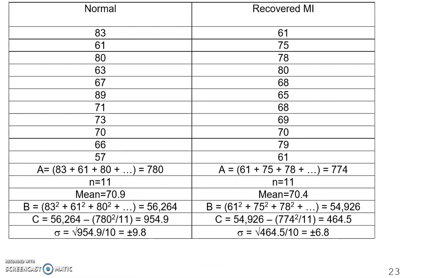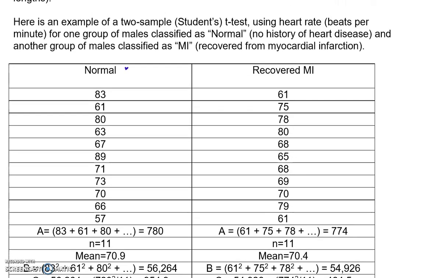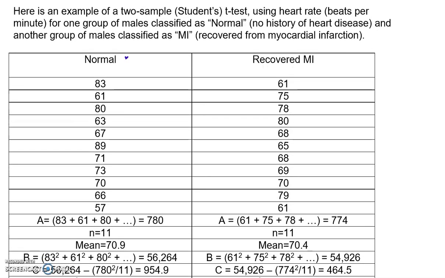So here you have a control group. These are people just exercising, and then you have here the increase in heart rate. So there are heart rates for 2 groups of males. One with normal, that will be no history of heart disease, and then you have males that have recovered from myocardial infarction. So that means they had a heart attack. So this is your experimental group, and you want to see if there is a significant difference in the heart rate of these individuals. Your N is 11, so it means you have 11 males that you're testing in each group, and then here are your